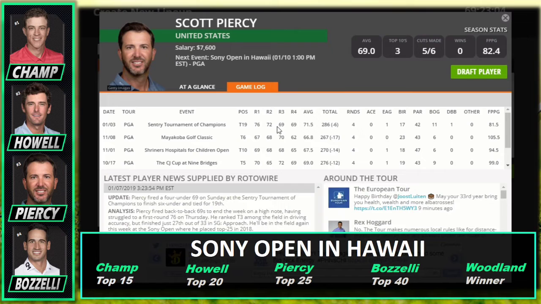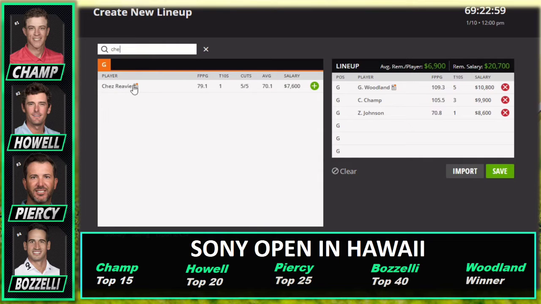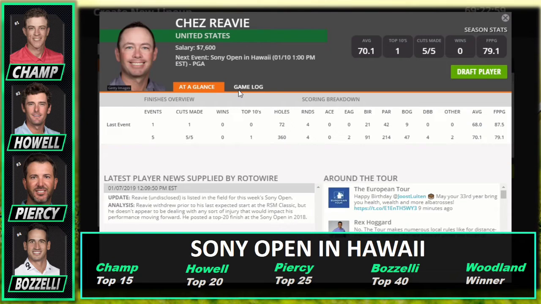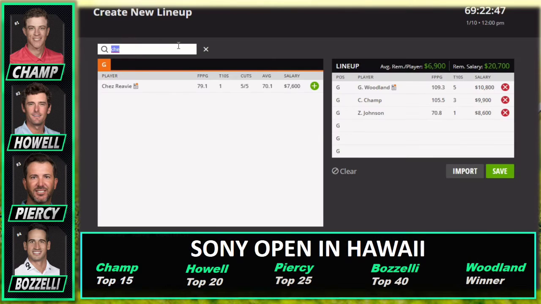His average finish at this course in the last 4 years is 24th overall, so not bad at all. He's 18th in ball striking, 25th in total driving as well, so really not bad. Ches Reeves, another guy who has some really good course history. His average finish here at this course in the last 4 years is 23rd overall. I really like him. Him and Scott Piercy are going to be my probably highest owned players in this section